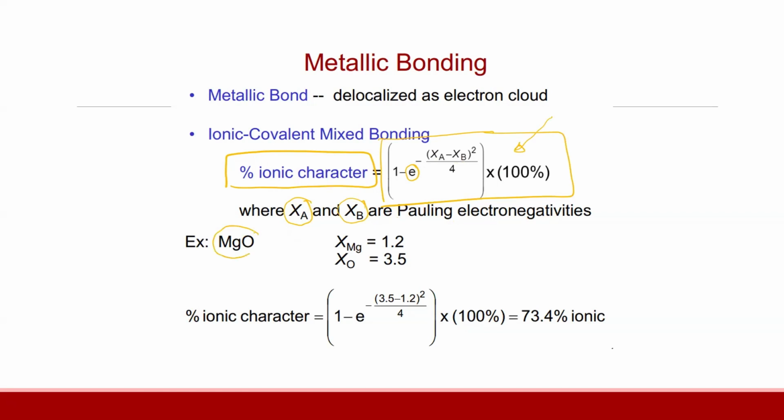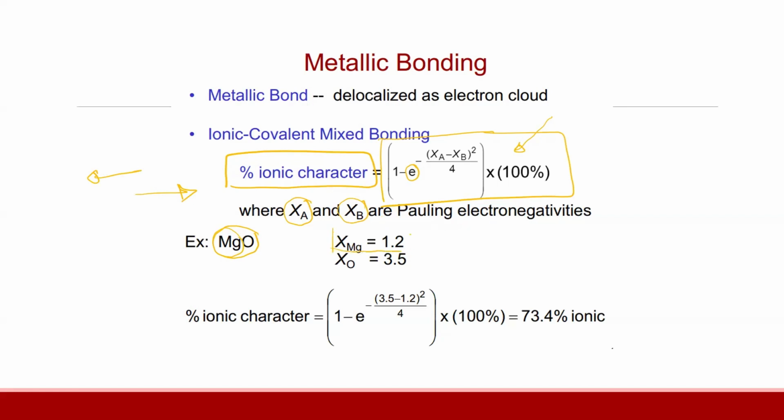So magnesium oxide, we said that it is an ionic bond because magnesium is on the left-hand side and oxygen is on the right-hand side, and they are a metal and a non-metal. The electronegativity difference is very high because they are at two ends of the periodic table. And if you look at the